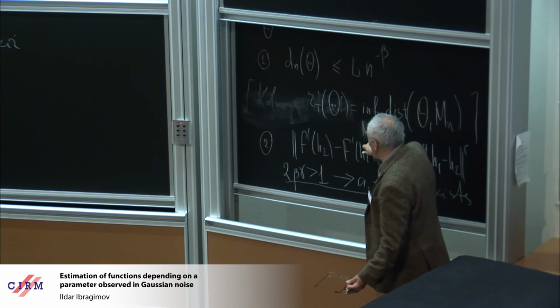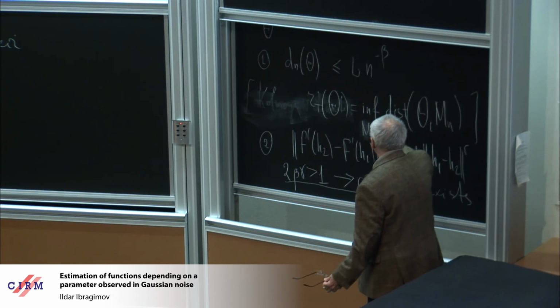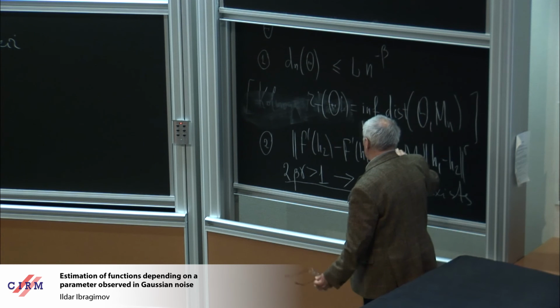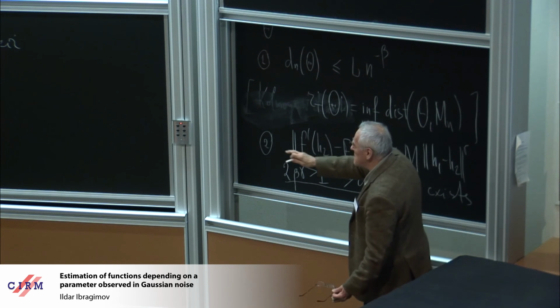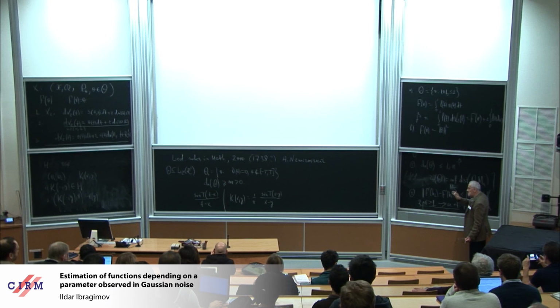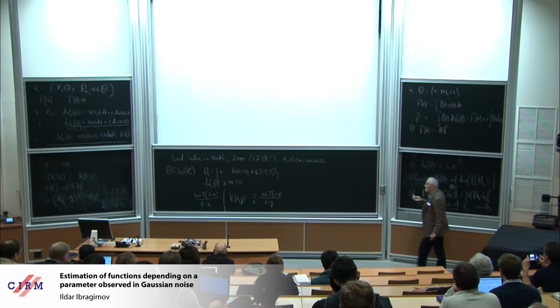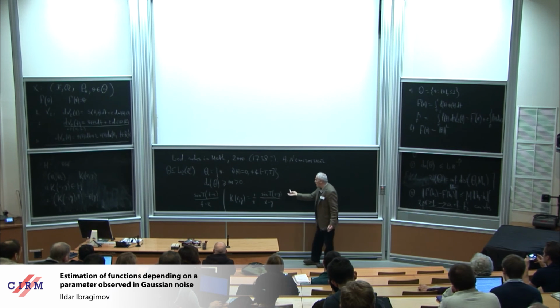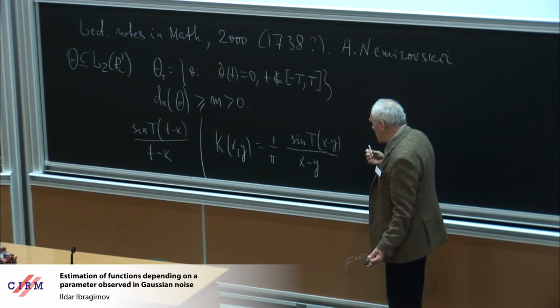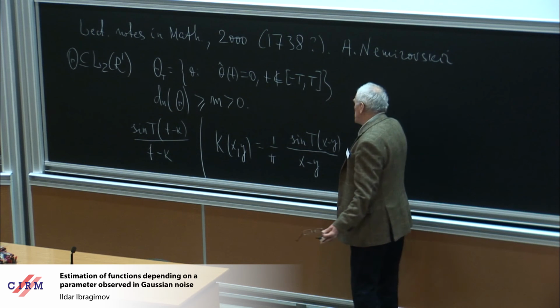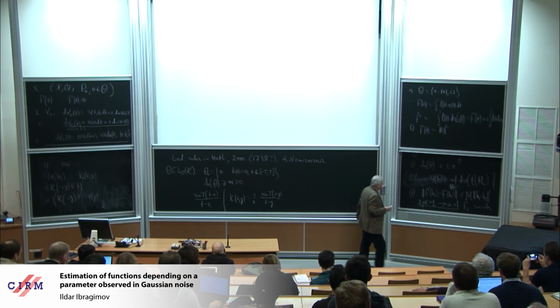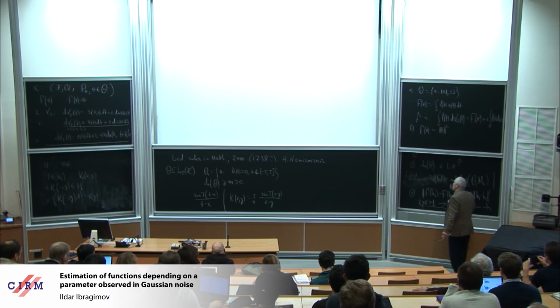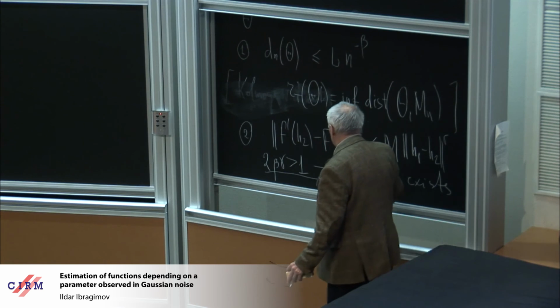So we take a space with reproducing kernel, and this reproducing kernel k(x,y) is bounded by t. For example, this kernel is bounded by t. It's okay. You may consider as approximating spaces the spaces of integer functions, but maybe some other also. And then the result, which I would like to present here, looks like this.